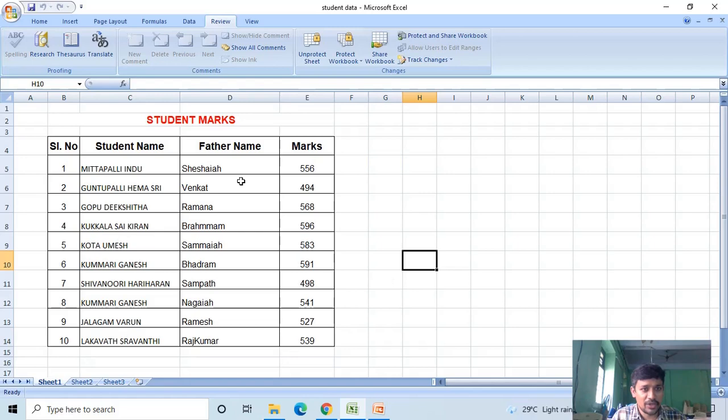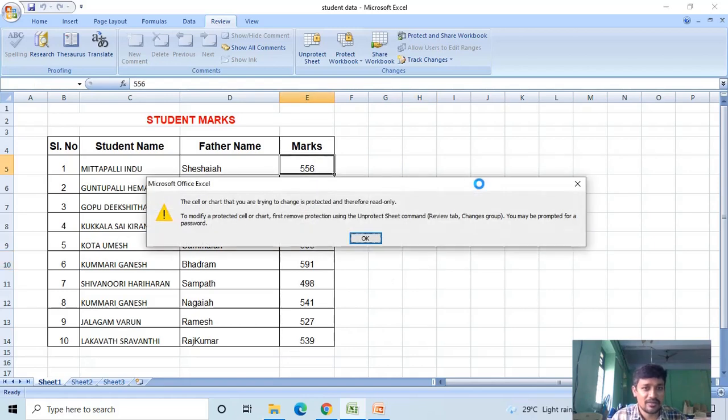Now I am trying to delete the first cell's data. Whenever I press delete, it says the cell or chart that you are trying to change is protected and therefore read only.